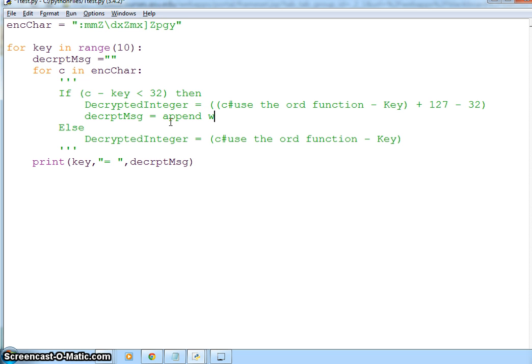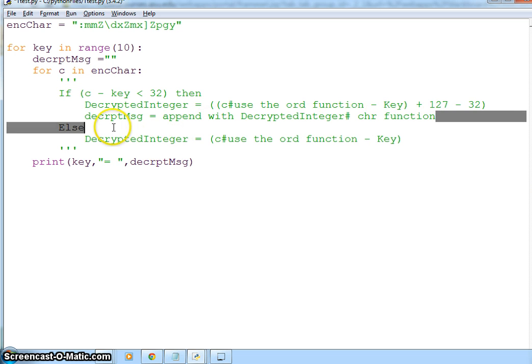So append, update, concatenate or add the value of this decrypted integer. Again, this decrypted integer is the integer value of one character, so here you have to use the chr function. It might give you an error otherwise. So once you have that, append it to the decrypted message each time, and do the same thing